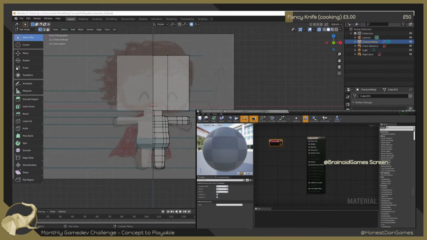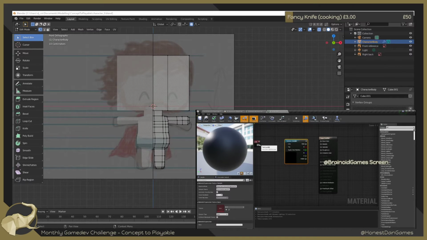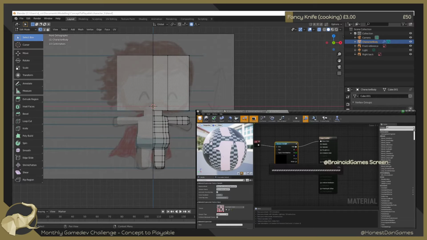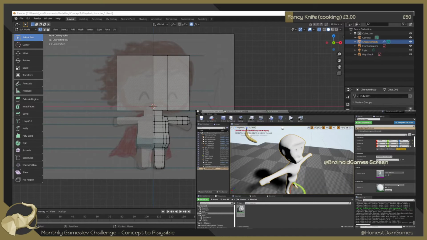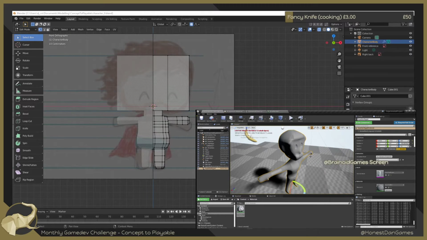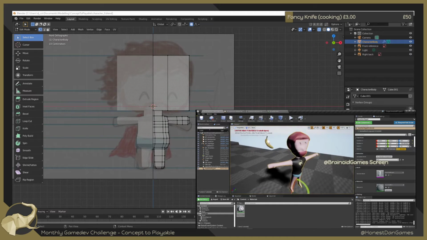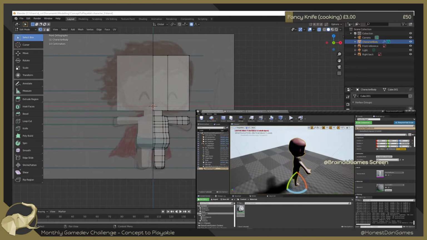Texture coordinate. Texture sample. Loading shaders. Perfect. Okay, so